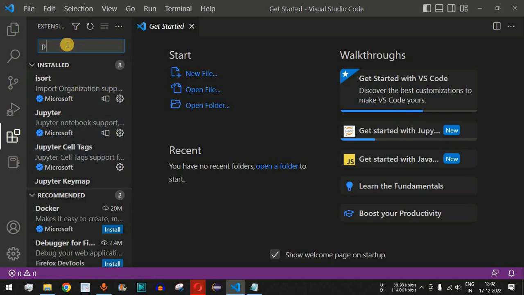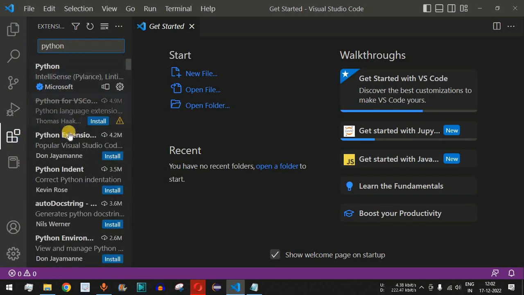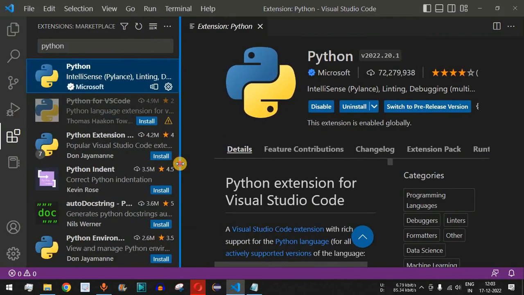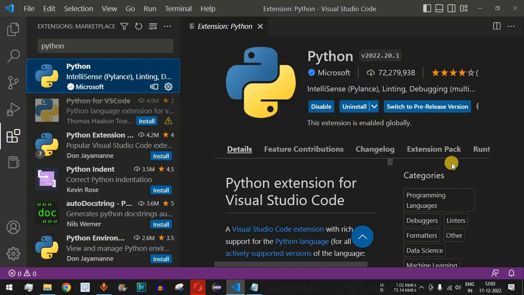Over here in the search bar, you are supposed to type Python. Once you type Python, there will be a list of extensions available for you. So guys, this is the extension that you have to install. As you can see, Python, IntelliSense, Pylance, and this is the description that you can see on the right hand side. Since I have already installed this Python extension on this Visual Studio Code, I am getting this uninstall button, but you will be getting the install button over here if you have not already installed this particular